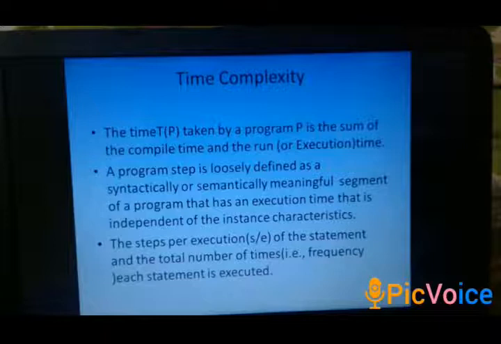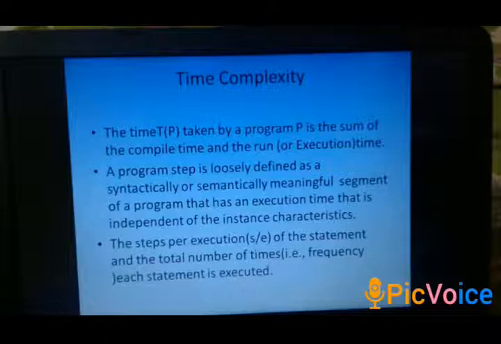Another method to determine this is the step count of an algorithm. Step count of an algorithm is to build a table in which we list the total number of steps contributed by each statement. Another topic we deal with in time complexity is steps per execution, the S/E. The steps per execution of the statement and the total number of times, that is frequency, each statement is executed.